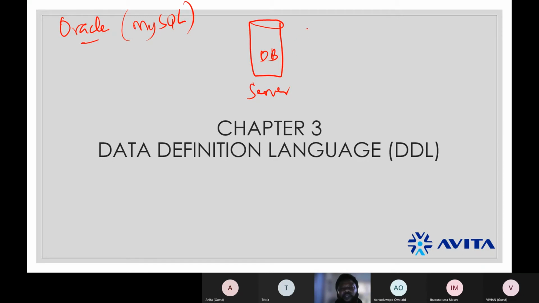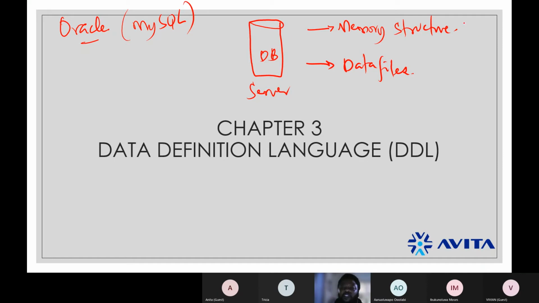You have what we call the memory structures, and you have what we call the data files. These two make up what we call a database server.